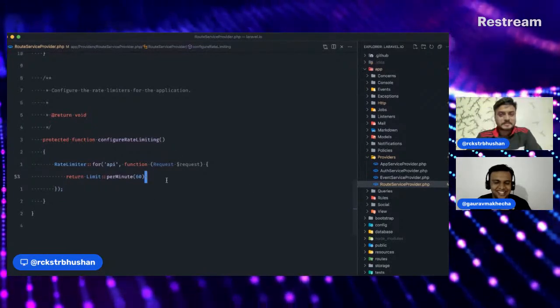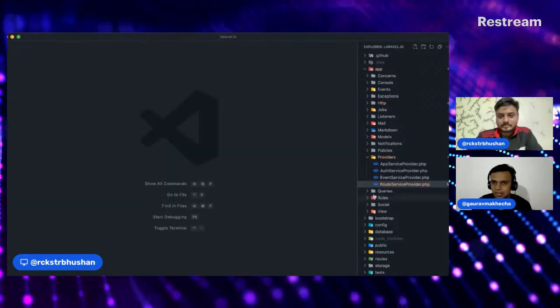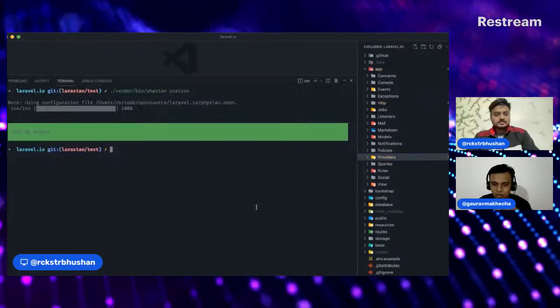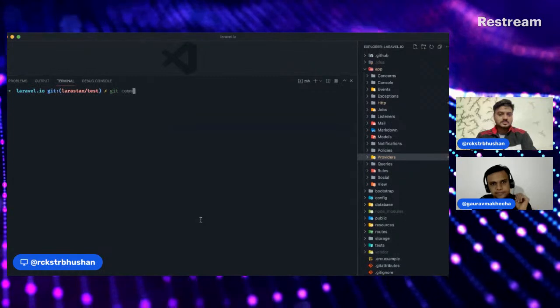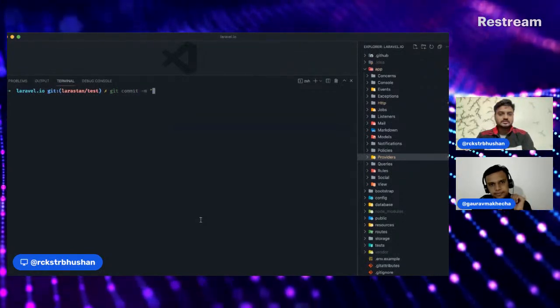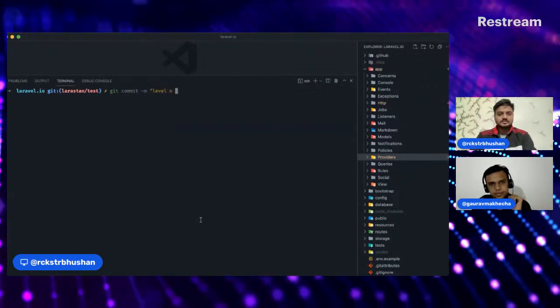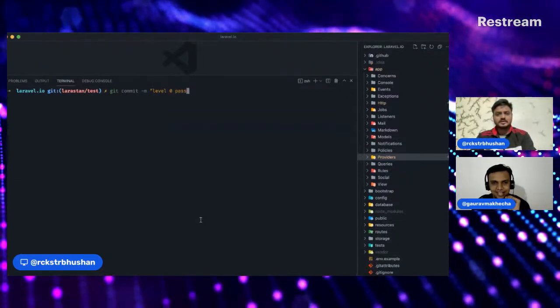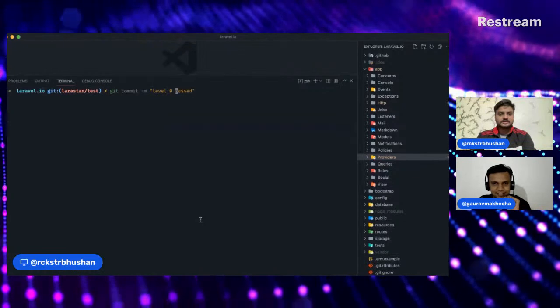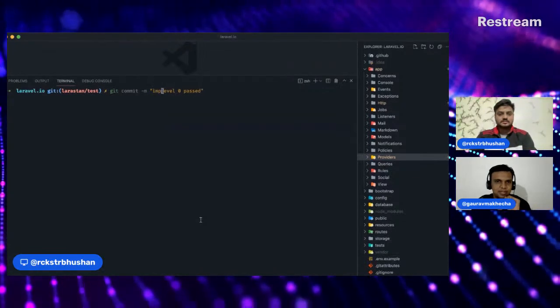Okay. So now you can just maybe commit this and go ahead and increase the level in PHPStan. So git commit level 0 achieved.